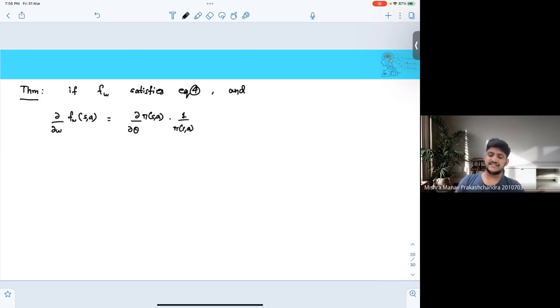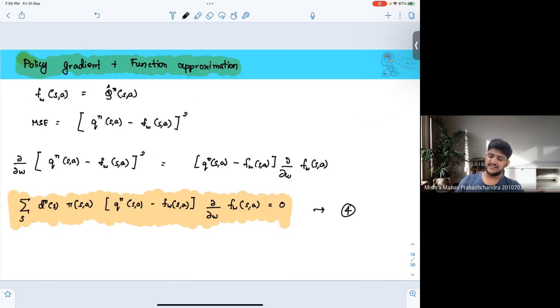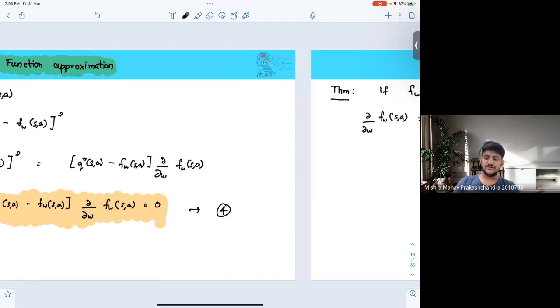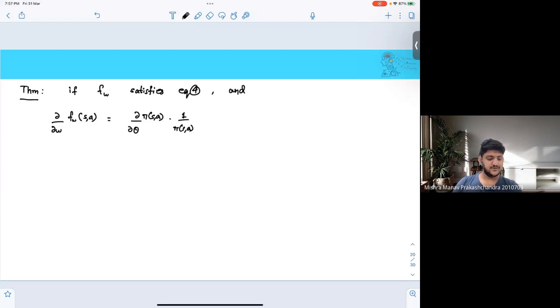such that if I put this into the consistency equation over here, if I put this quantity instead of d by dw of fw s comma a, first the pi gets cancelled, and whatever I obtain would simply be the d phi by d theta. Okay. So once I simply substitute this quantity, since this is a theorem, this is a pink. Okay. And finally, then